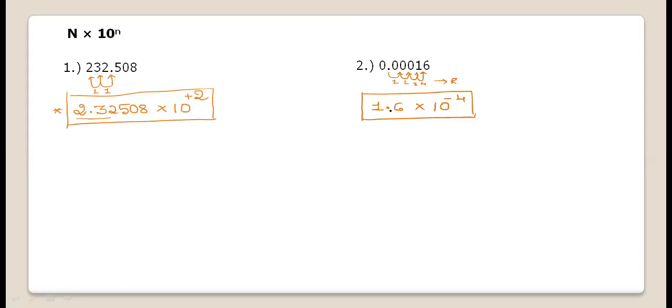Hope it is clear. We'll try to solve a few more simple examples. These two are NCERT textbook content based examples. Now, these are the exercise problems. From the exercise questions, I have taken these numbers. They have asked to express these numbers in scientific notation form. We'll take them one by one. You can practice along with this many numbers, at least 3 or 4 additionally. Observe the PU question bank to answer that.